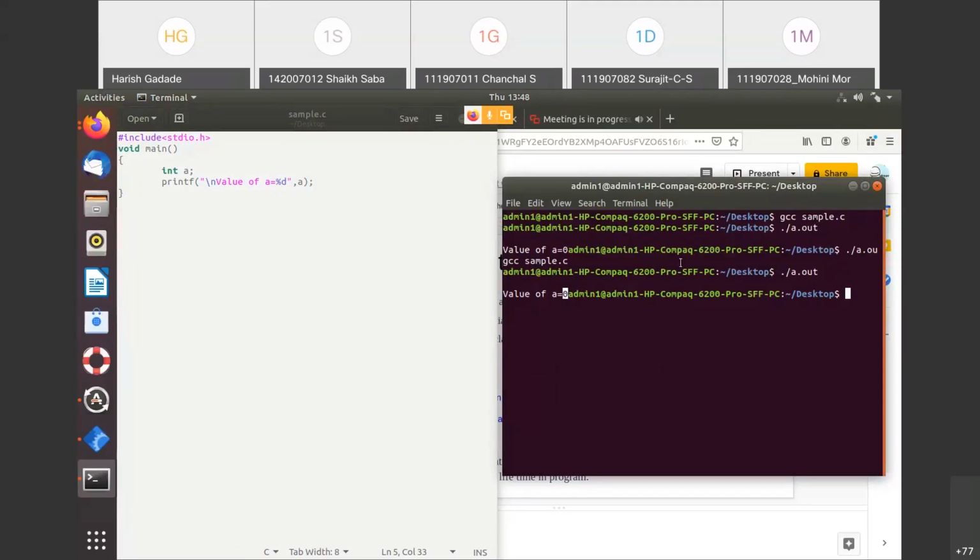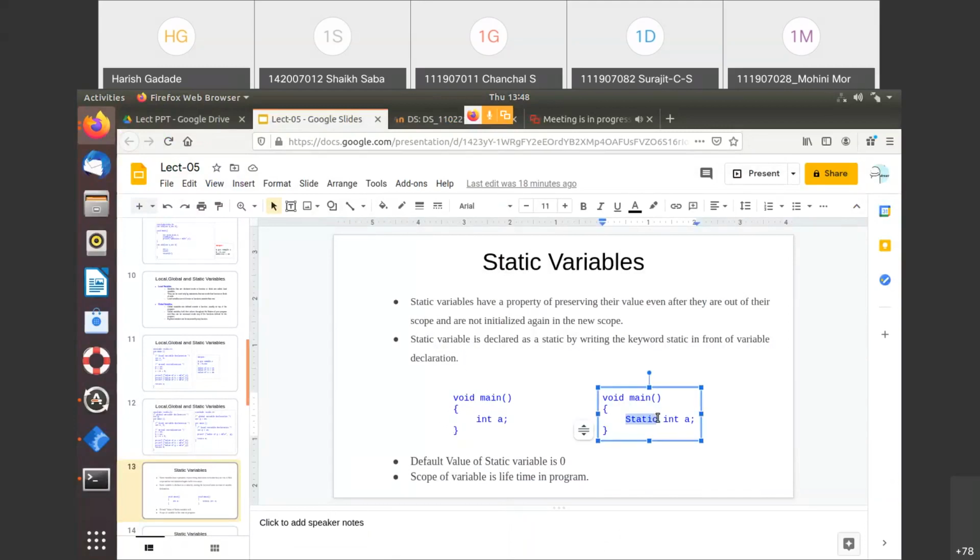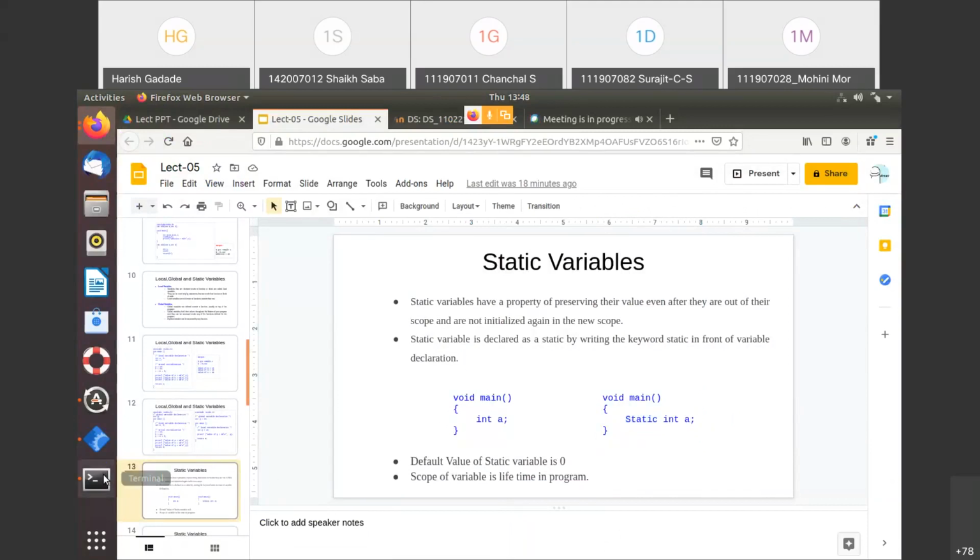Actually, it is because of this compiler, because I am using the GCC compiler. But if you run this on another compiler, like Turbo C, you will get some garbage value with this kind of declaration. But when we use the static variable, a as a static variable, the output is 0 because the default value is 0, right?